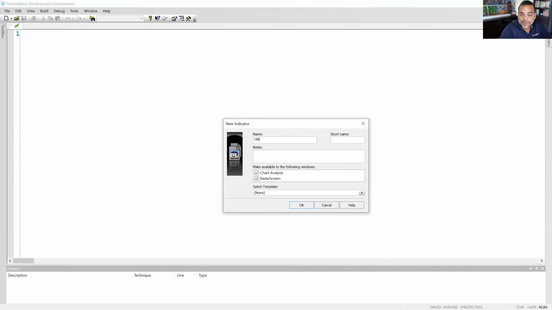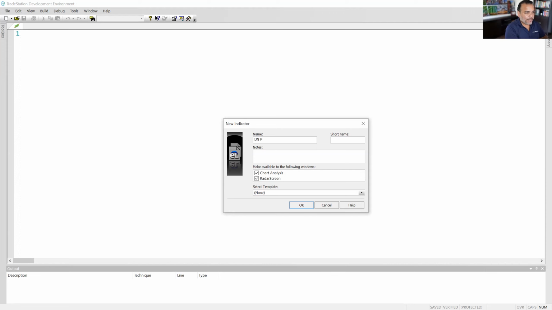You can start your custom studies with any prefix and get into the habit of using prefixes so that everything that you modify and everything that you create is grouped together. Remember that the studies inside of TradeStation are going to be sorted in alphabetical order. So as long as you use the same prefix, everything will be grouped. And usually, using a special character like an exclamation mark or an @ sign or a pound sign, those types of characters usually get sorted to the top of the list. So it just makes it easier to find your custom work. So this is going to be !JN, and I'm going to call this